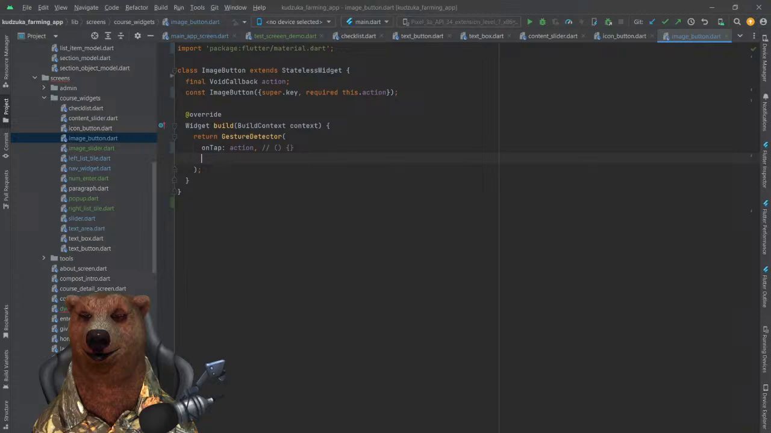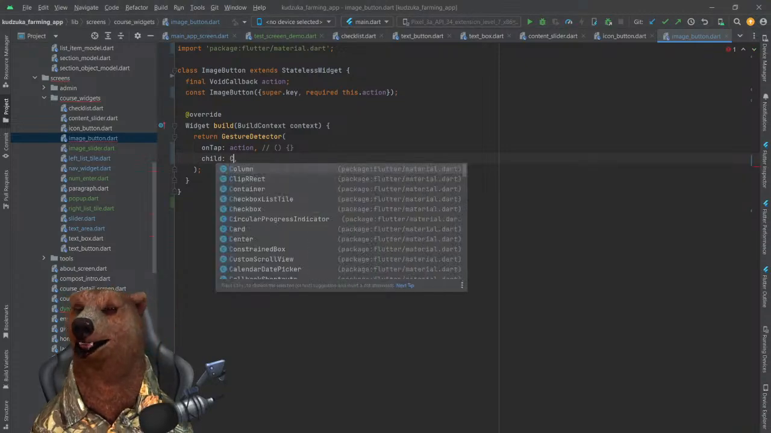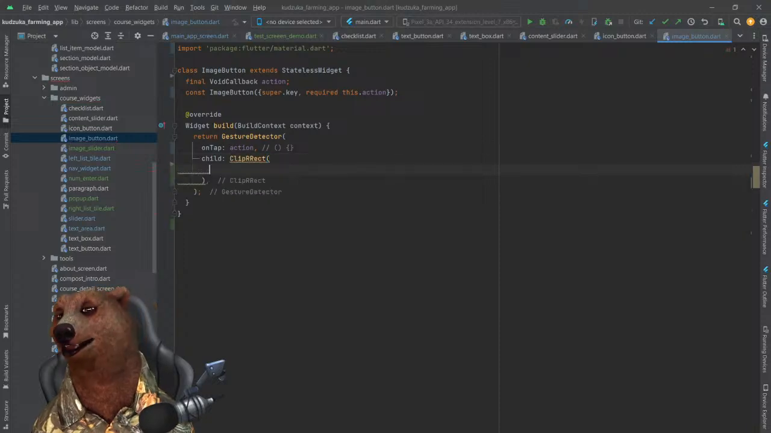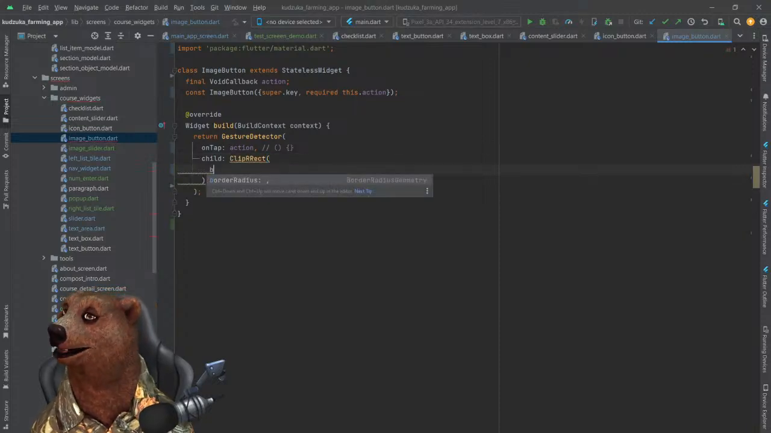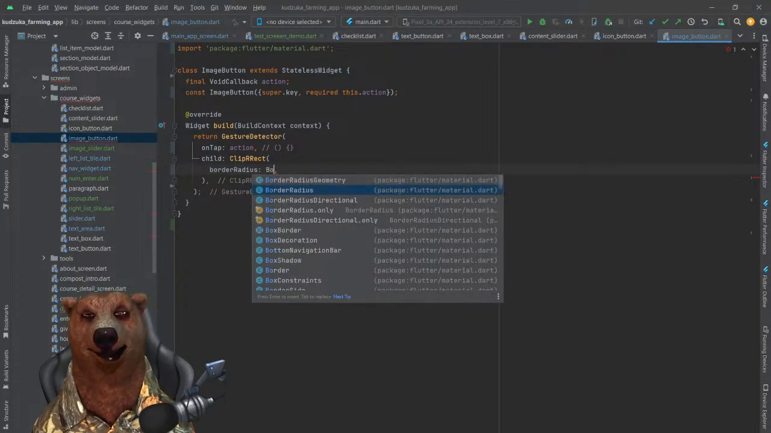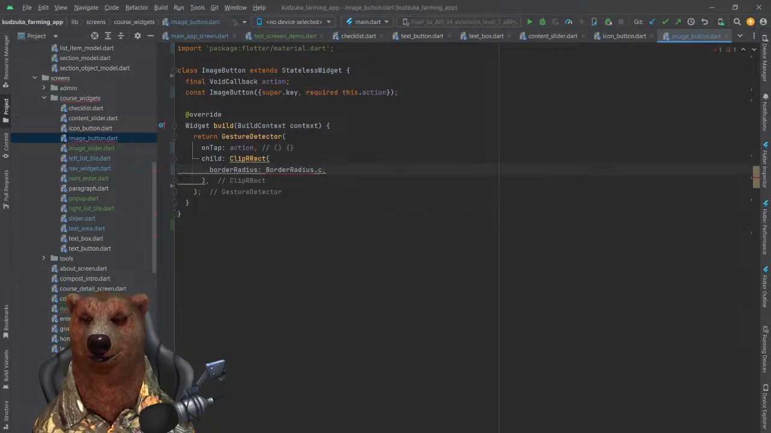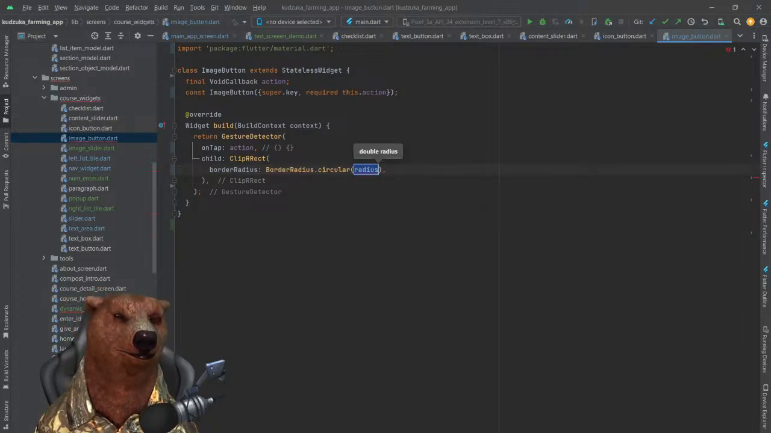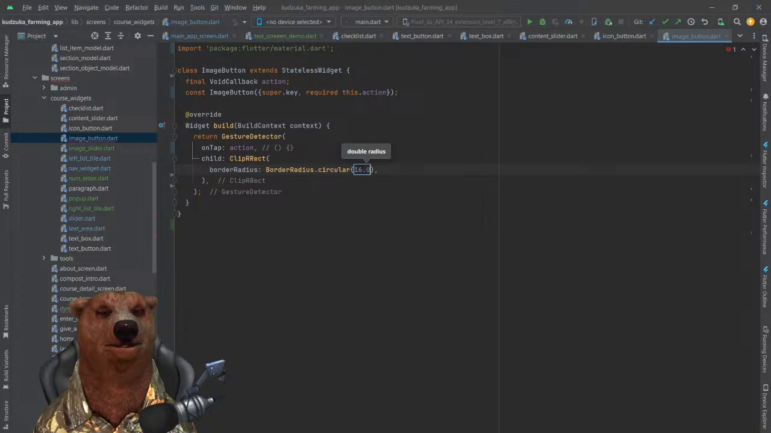Okay. So the next thing I'm going to add is a child widget where I'm going to put a ClipRRect. This means you can add border radius. You can also do this with a container, but I usually just use this, because with the container there's a few more steps to do it. So again, BorderRadius.circular, and then I'm going to use 16.0,